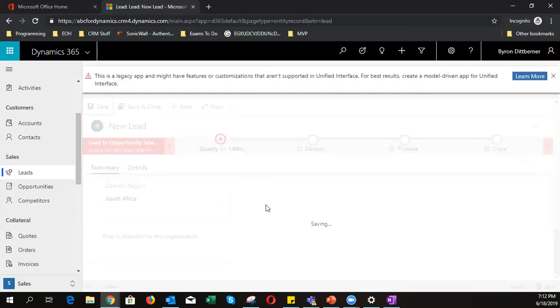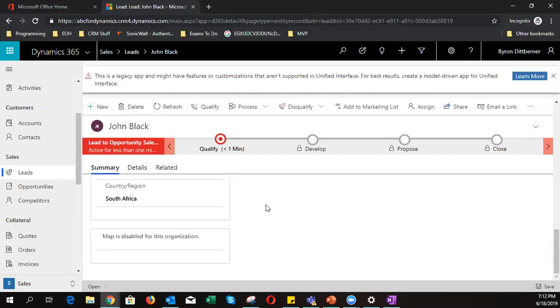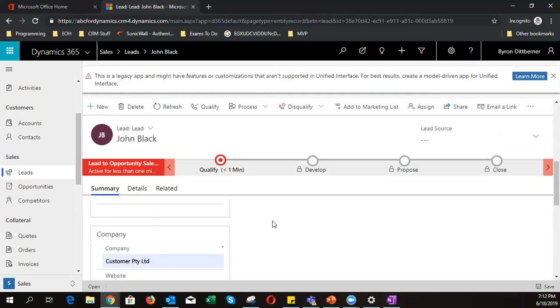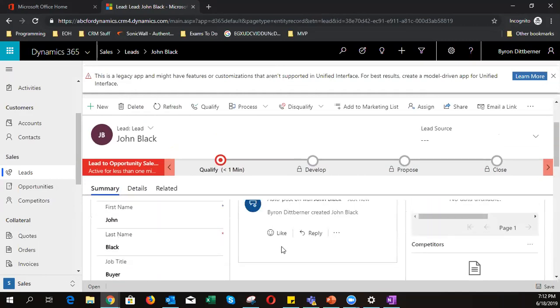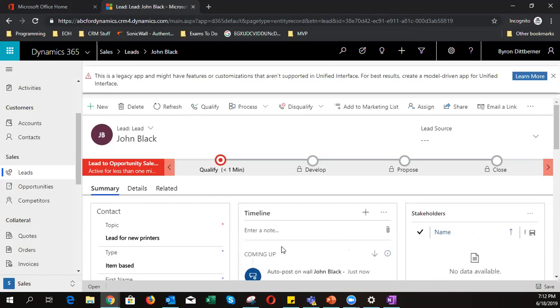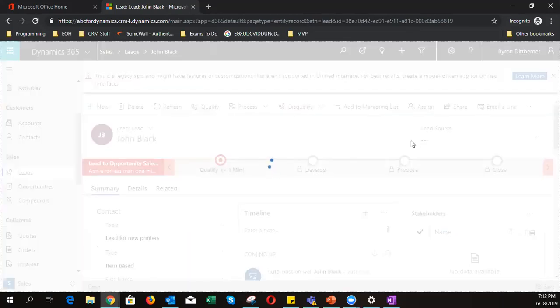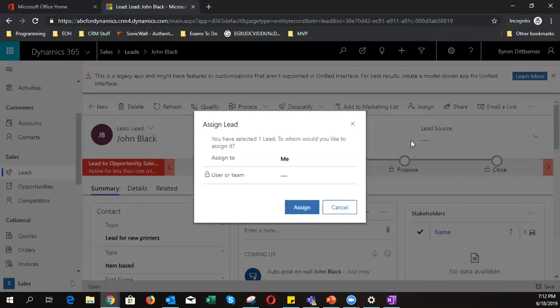So now the lead is saved. So I can, in essence, do a number of things, right? I can either create a lead and then assign this lead to a salesperson, or alternatively, I can actually work on the lead myself, right? So if I want to assign it to another salesperson, on my command bar on the top here, I can click on assign. So what this essentially does is, because I created the lead, I own the lead,